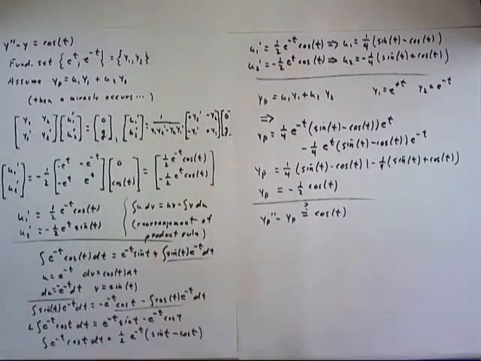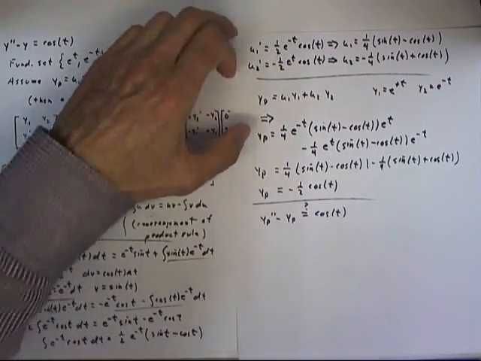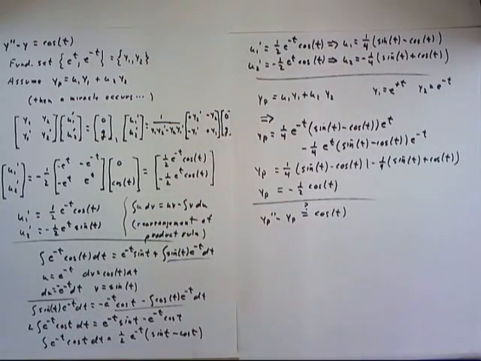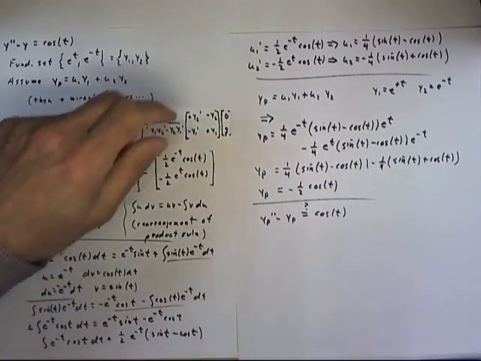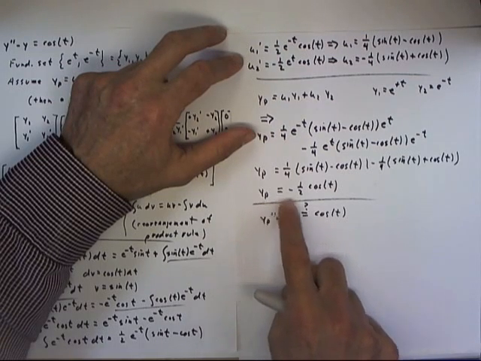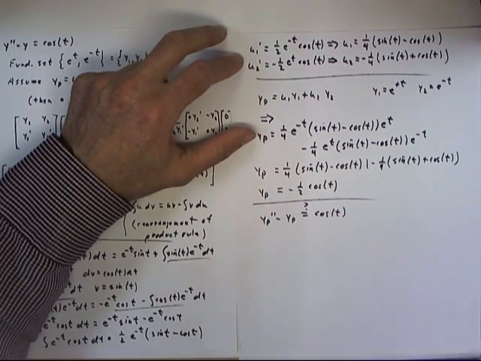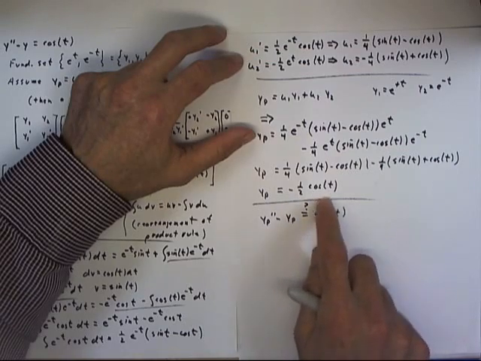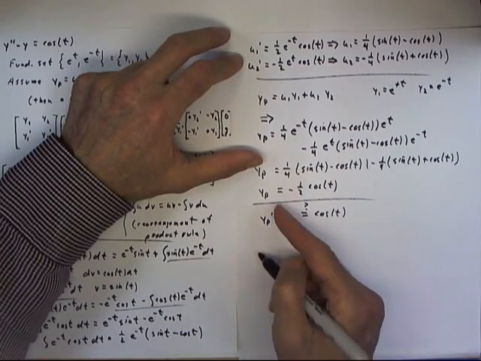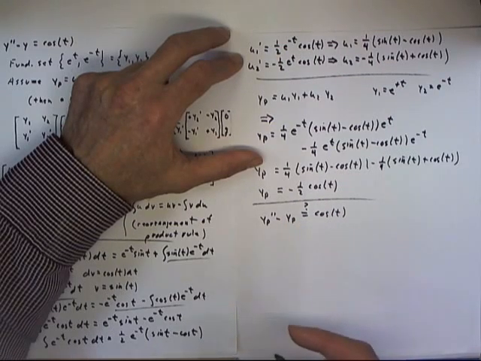Okay, I've simply rewritten everything that went before with the 1/4 here and the negative 1/4 here, and everything works out. The algebra is completely straightforward, very similar to what it was before. Our final solution then is yp equals negative 1/2 cosine of t. Now the question is, does this work out? Well, if yp is negative 1/2 cosine of t,